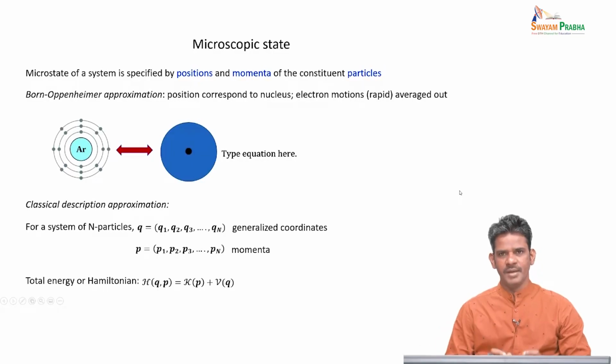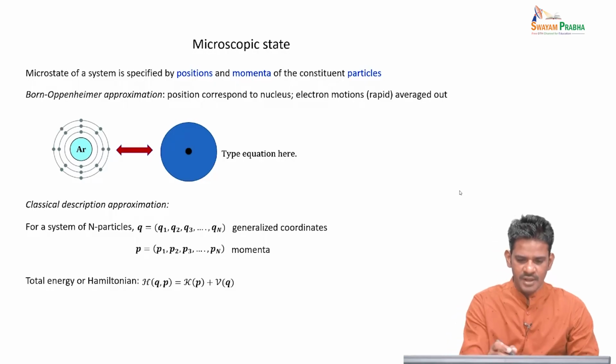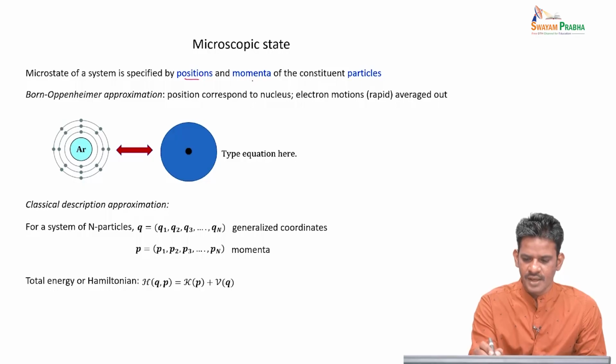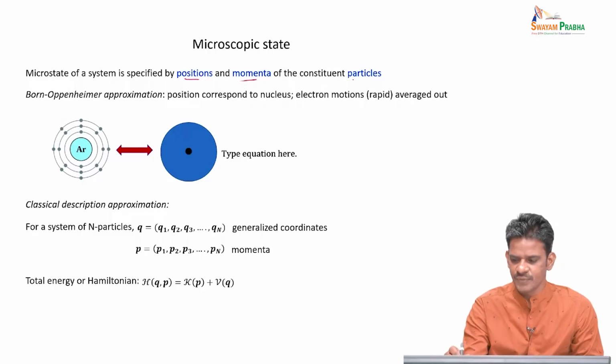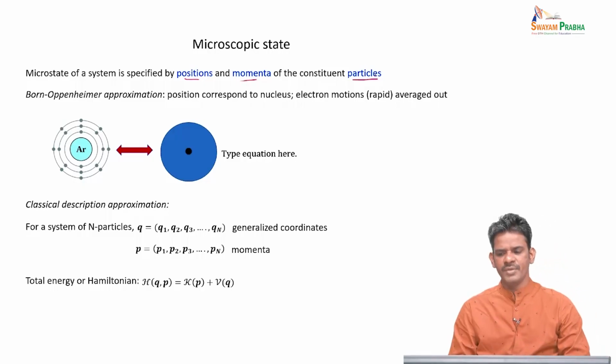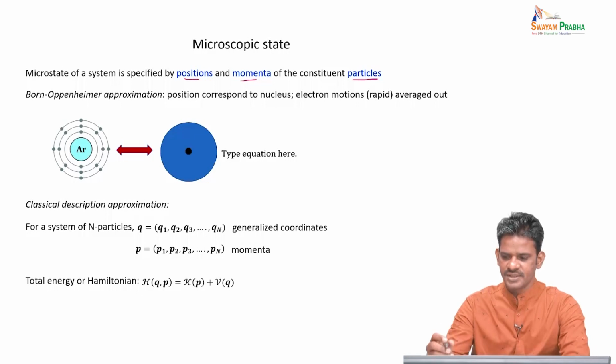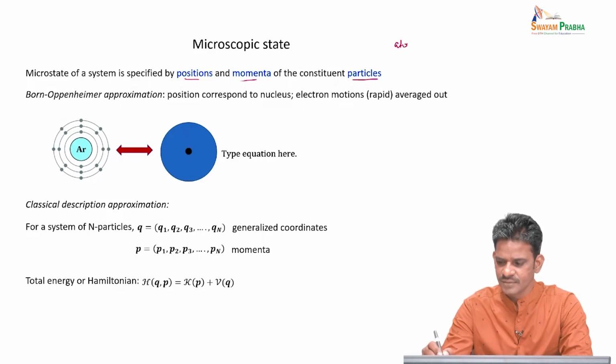Now in MD simulations, we would like to represent the system by specifying its microstate. What we mean by a microstate of a system is specifying the positions and momenta of the constituent particles. What we mean by particles here is any constituent of the system that we want to study. This can refer to atoms or molecules,